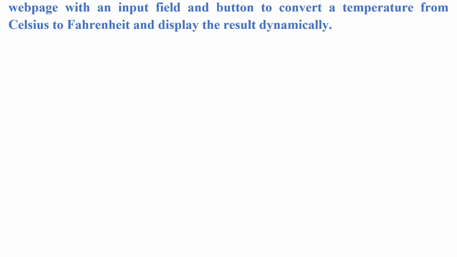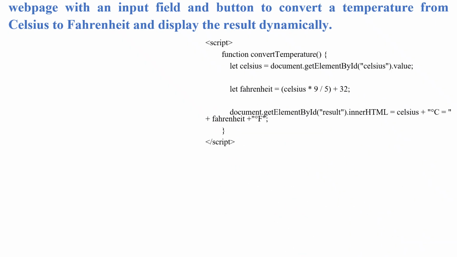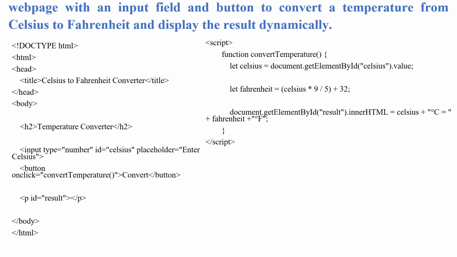Then create a web page with an input field and a button to convert a temperature from Celsius to Fahrenheit and display the result dynamically. Convert temperature is the name of the function. Read the Celsius value, and Fahrenheit is equal to Celsius into 9 by 5 plus 32. Vice versa, if we want to calculate Celsius from Fahrenheit, then it should be 5 by 9 with 32 subtracted. This can be added in the script part of the section, in the head or body section of the HTML. So this is about the few